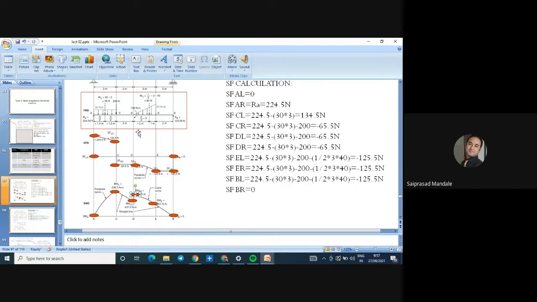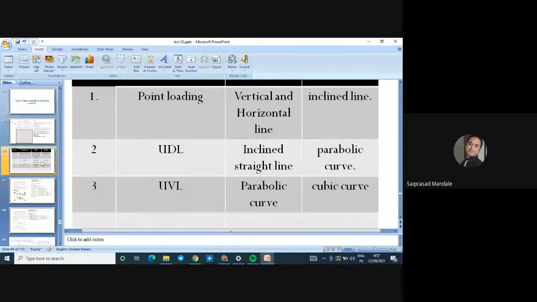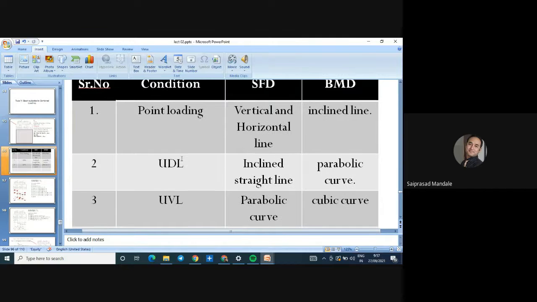When there is a moment, we have to calculate the left side and the right side. So here it is the left hand side moment and there is the right hand side moment. Both moments we have connected. It should be a vertical line. Then when there is a UVL, again there is a cubic curve. So from point D to point E, there is a cubic curve. And now there is nothing, so we have connected this with an inclined line. Simple. My point is, when you are going to draw any type of loading diagram, the table indicating the relationship between the different types of load and the nature of the curve is very important. You have to be very focused on that.